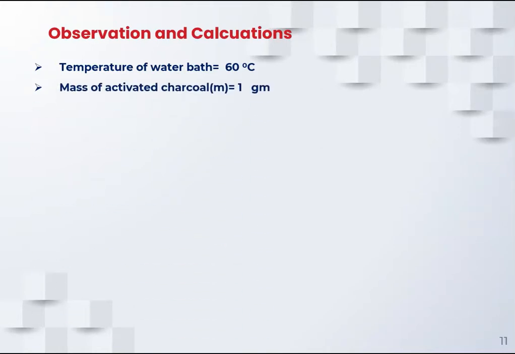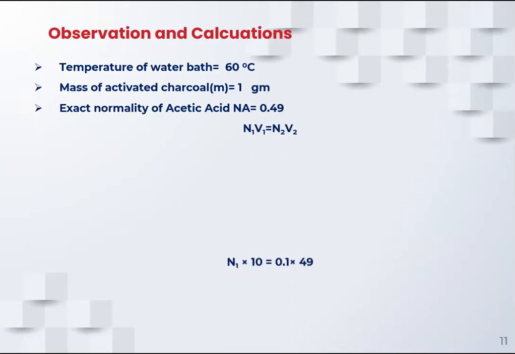Now we'll see the observation and calculation part. So first, the temperature of the water bath, that was 60 degrees centigrade. Then the mass of activated charcoal added into the reagent bottle, so this was 1 gram. Then the exact normality of acetic acid, that is 0.49. Then by using the N1V1 equals N2V2 equation, we can calculate the exact normality of prepared acetic acid, and